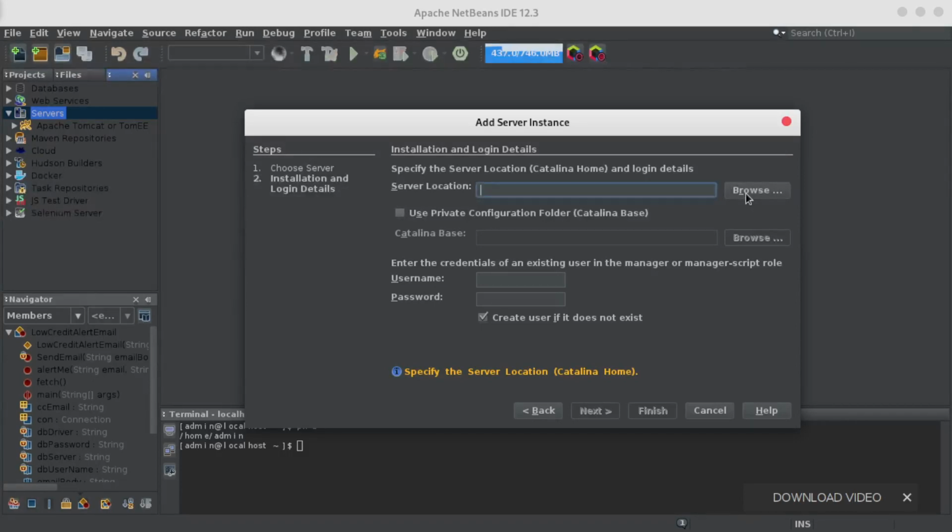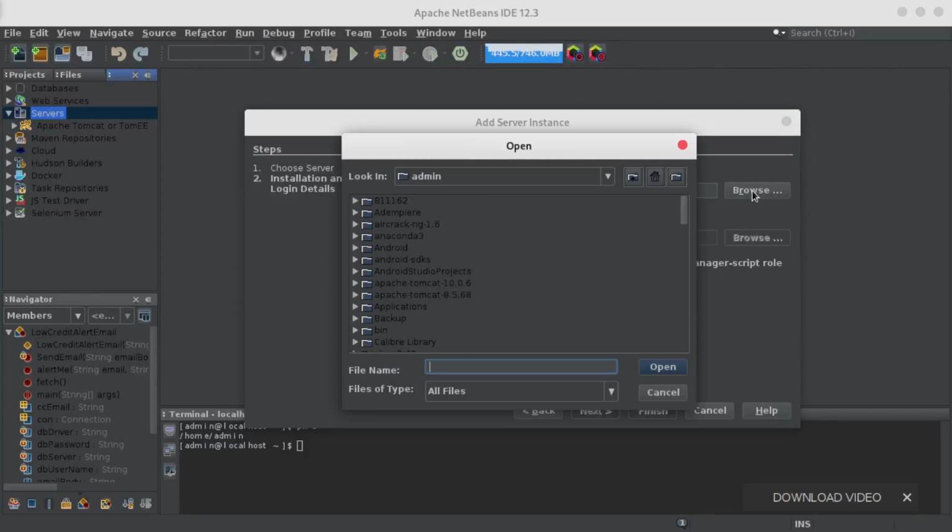For Windows, I know it's just going to be installed somewhere else, but anyway, even on Windows I can encourage you to use the zip. Don't use the installer, so that we can change the servers as we wish. It will be simpler that way. After you have unzipped your Tomcat to your folder, this is the location that you are going to select here as you add your server.